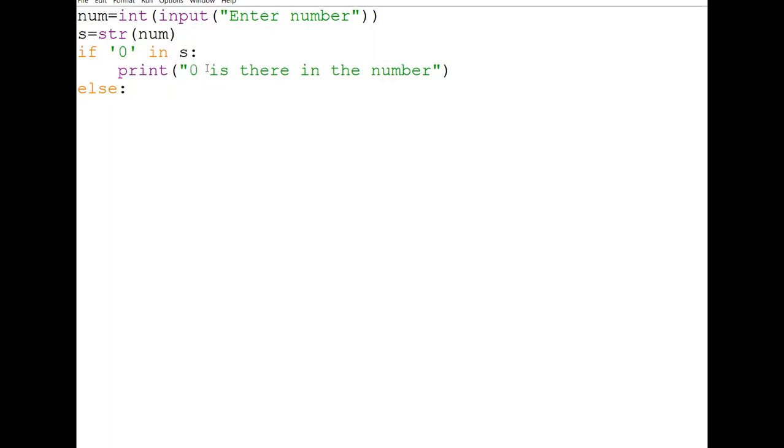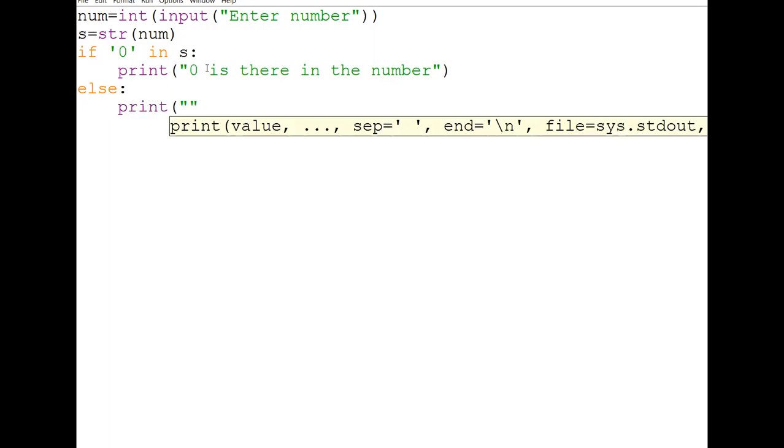Means 0 is not there in the number, that's it.